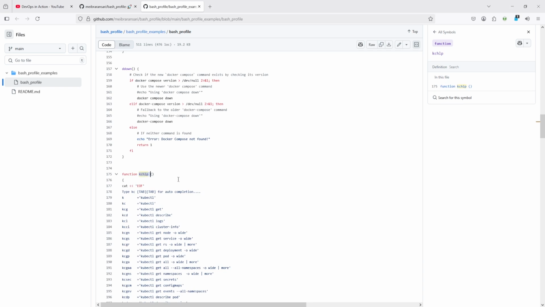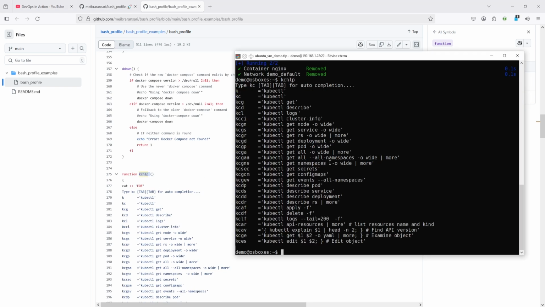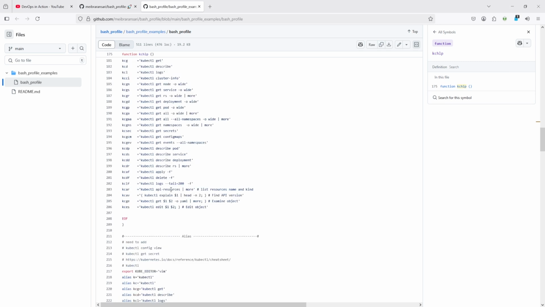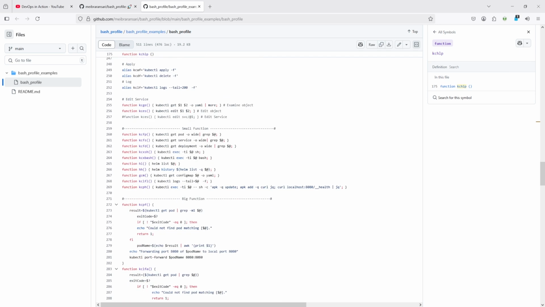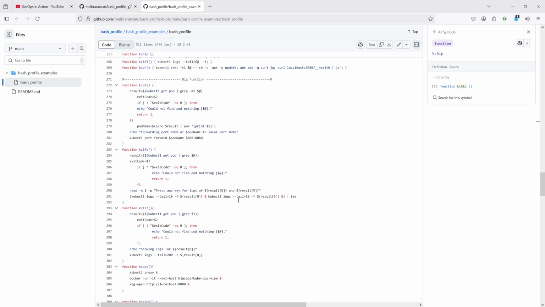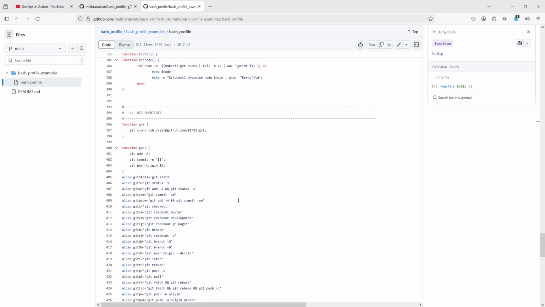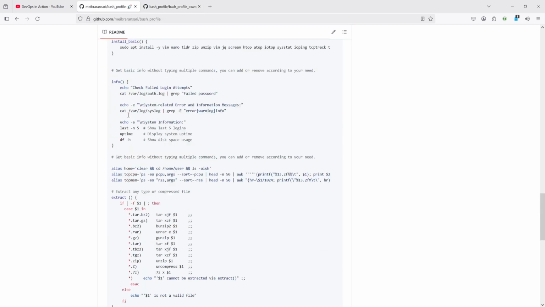Similarly, you can get Kubernetes shortcuts like KC help. Once you press the K, kubectl is not there, that's the reason it's showing like that. And yeah, if you want to install and use more related to kubectl, git and other things, you can do one thing. You can go there,